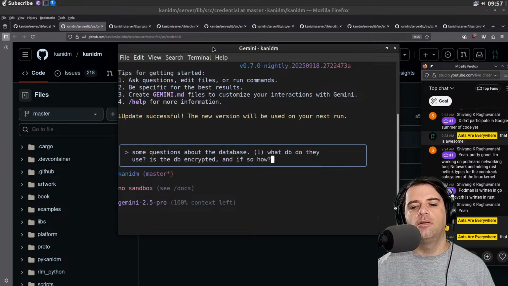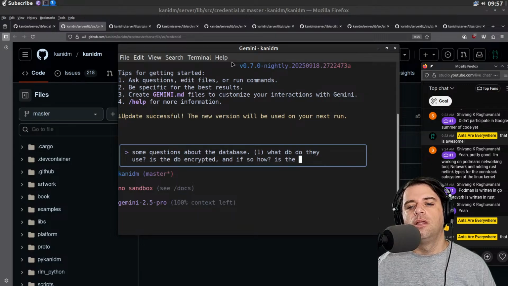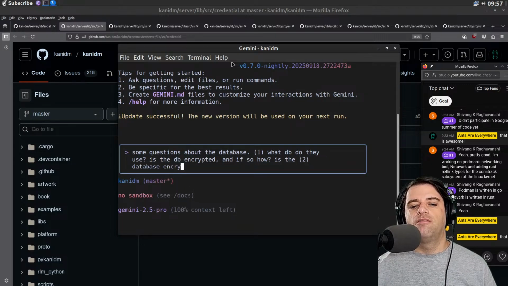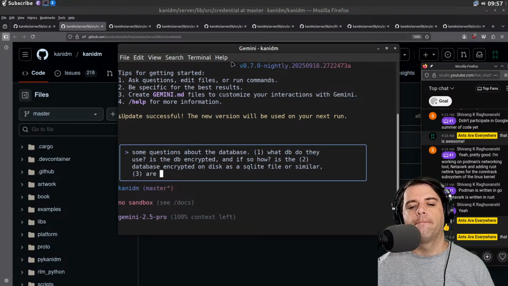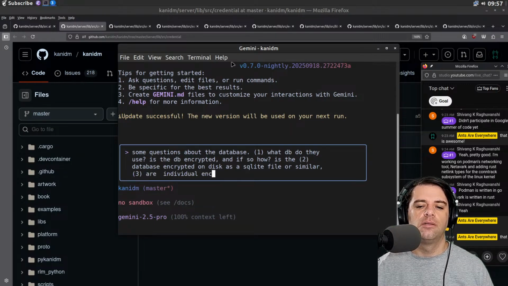And if so, how? Is the database encrypted on disk as a SQLite file or similar? Are the individual entries encrypted in an unencrypted database?